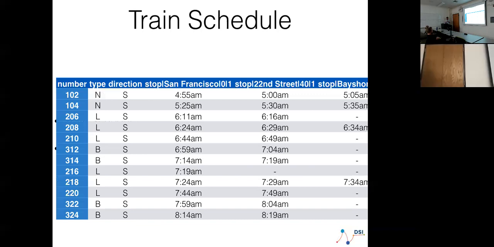Do all trains take the same time? Do they all go the same route, or do some of them stop early? What's the big picture here of the trains? I want to understand the trains. How would I display the entire summary of this? Because that's a lot of data.